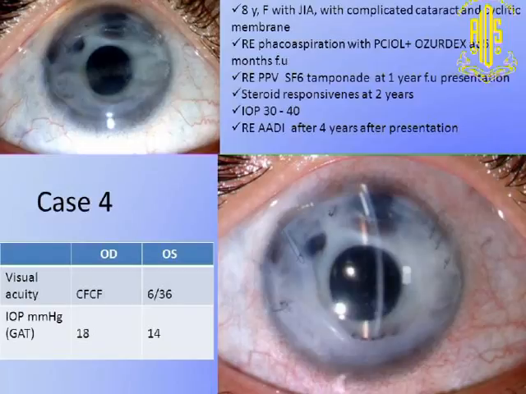8 years old. Now you can see this is juvenile rheumatoid arthritis, and they are really difficult to manage. This patient has already undergone multiple procedures: phaco, cataract surgery, cyclitic membrane removal, vitrectomy, steroid injection into the eye, and the pressures are like 30s and 40s with all anti-glaucoma medications, systemic as well as topical. So here we did a tube implant for this girl, and